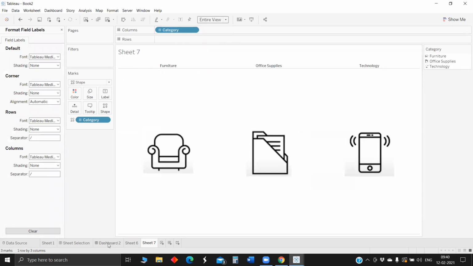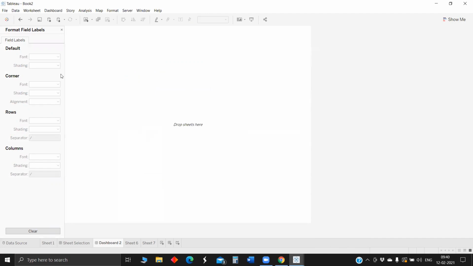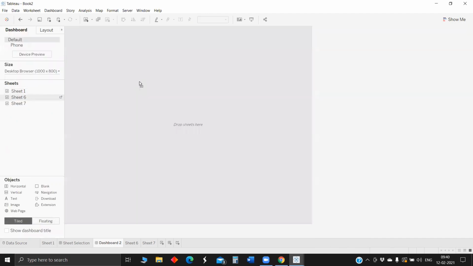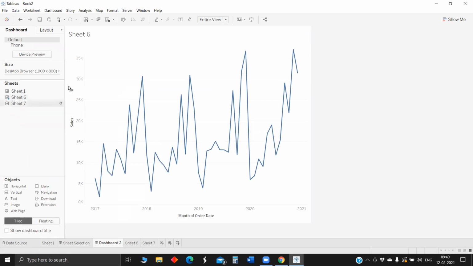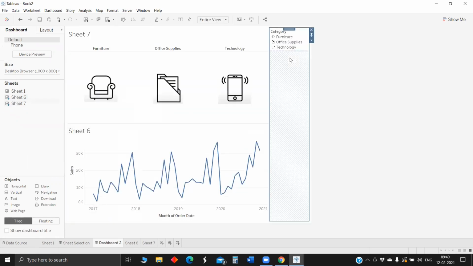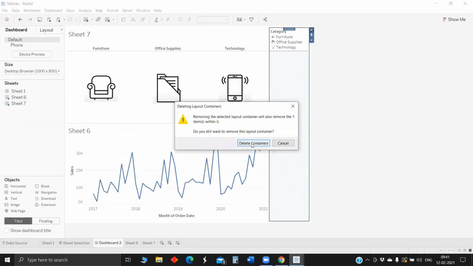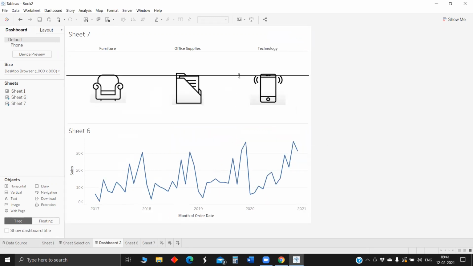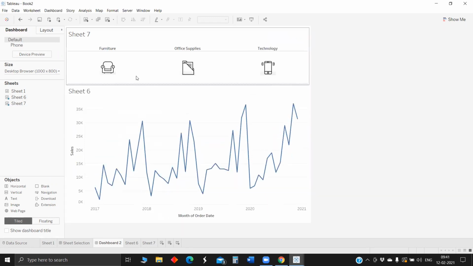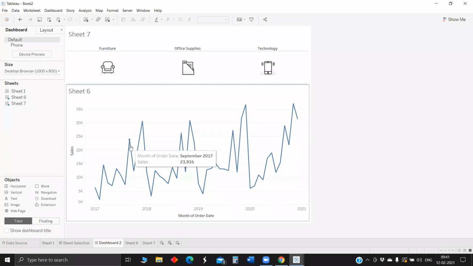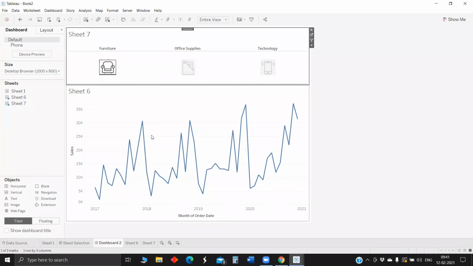Okay, so let me drop the sheet 6, sheet 7 as well. Let me delete this. So now we got the sheet, and so just we have to ensure once if we tap, the set actions work and we see the trend accordingly.